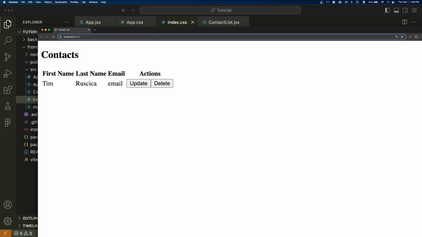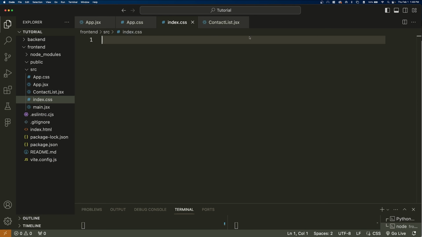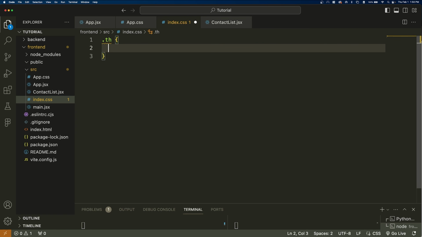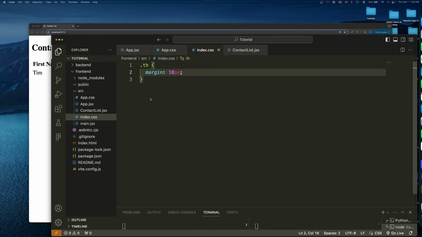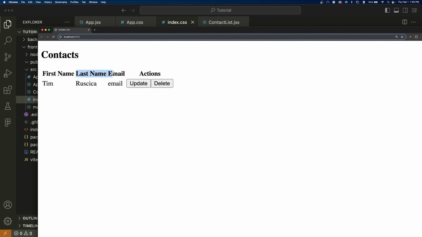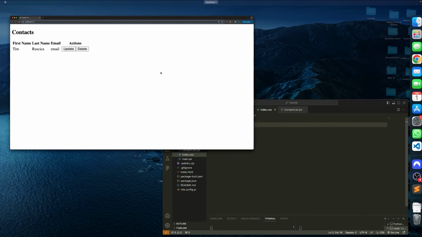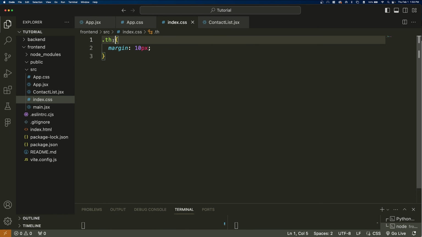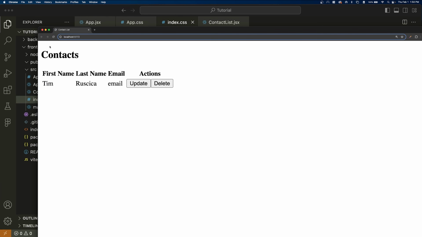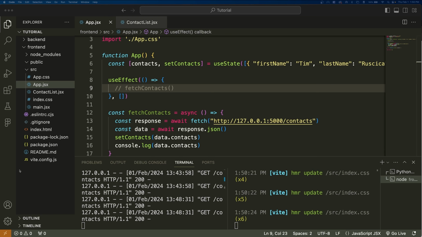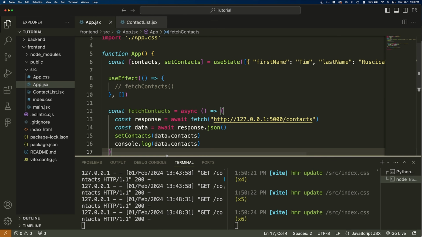Now, if we want to just space these out a little bit, we can do that a bit easier. So inside of index.css or app.css, doesn't matter which one you do, we can say .thead, and we can just say the margin is something like 10 pixels. And now if we go back here, actually, we're not getting any spacing there. It's because I have .th. We just want th like that. Now, if I refresh. Okay, sorry about the cut there,